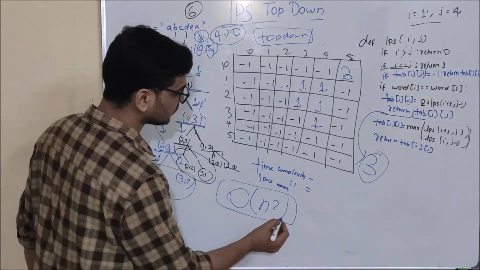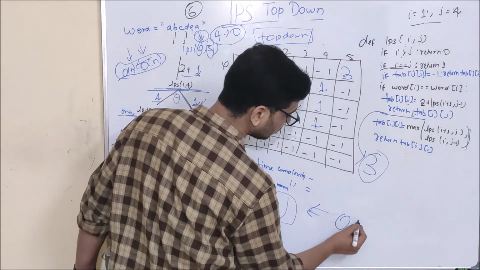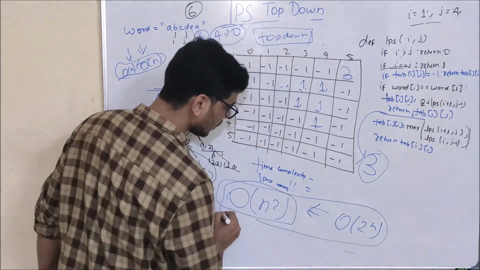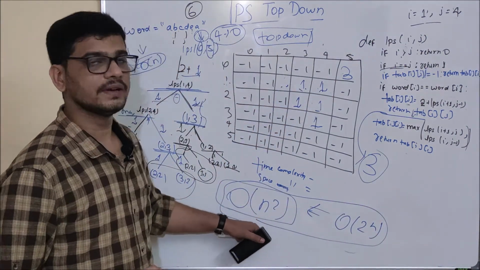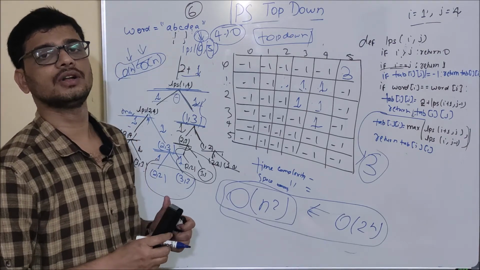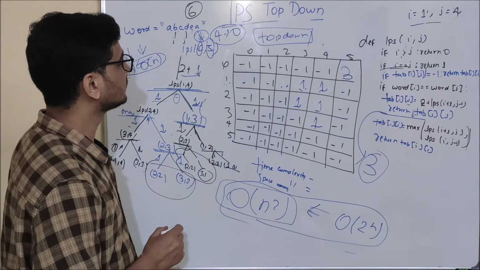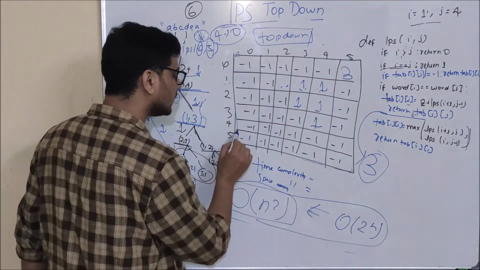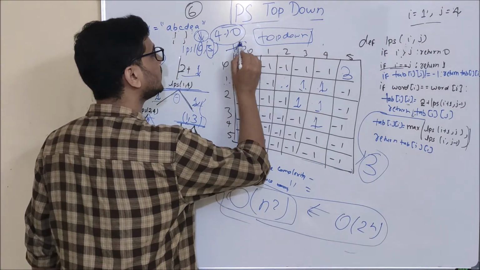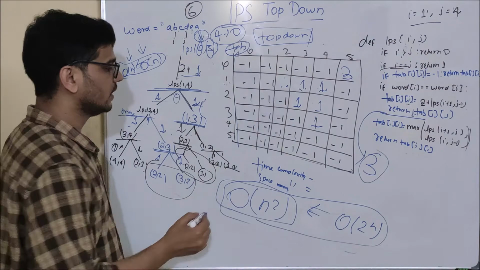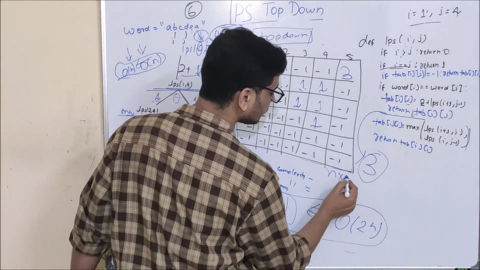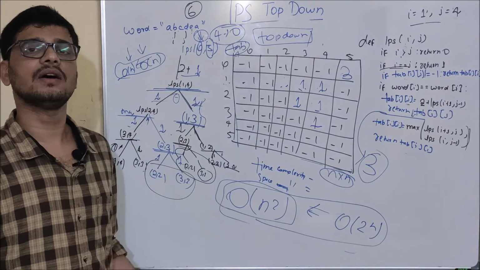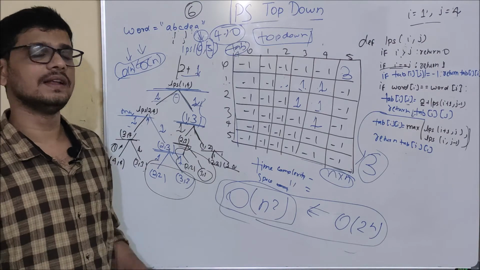And what was the time complexity of our recursive call? It was order of 2 to the power n. So you can see here what reduction in time complexity we have got using the top-down method. And what will be the space complexity? The space complexity will be the space taken by this tab table. And what is the space taken here? The space taken is also n cross n. What is this? Size of our table. Sorry, size of our word, that is word length by word length.